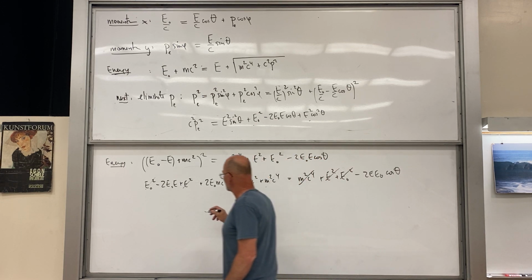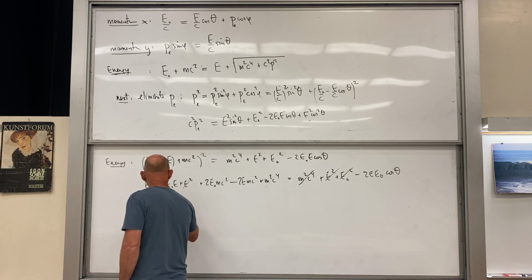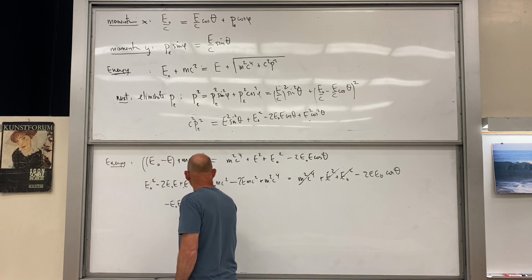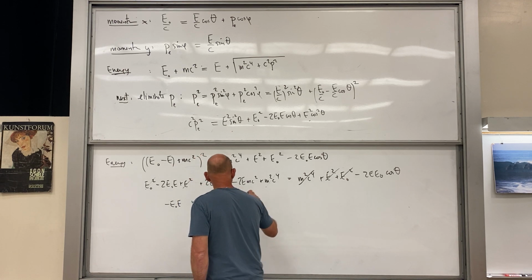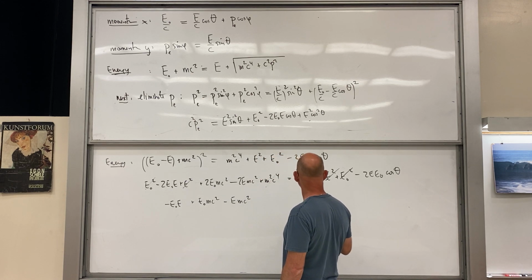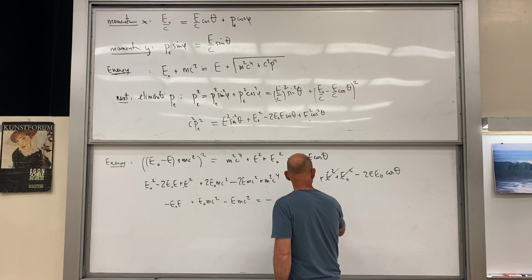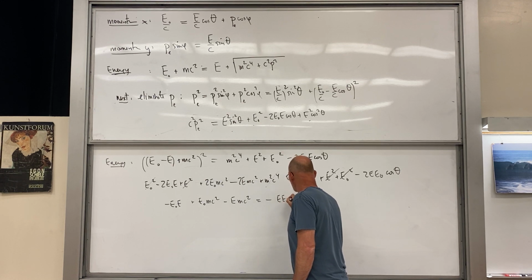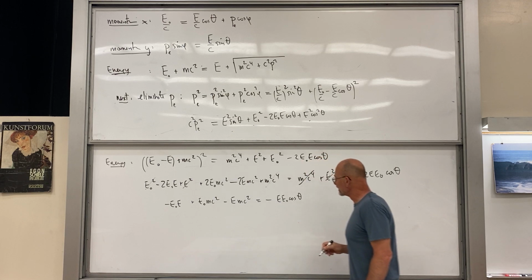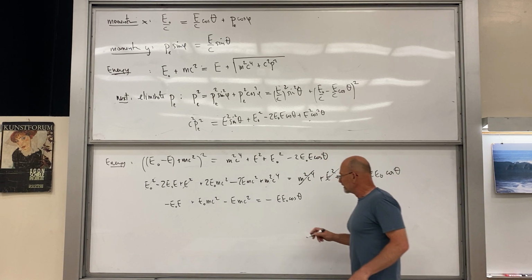So we now have, and the 2's we can drop, so we'll have e0 e plus e0 mc squared minus e times mc squared equals minus e0 e cosine of theta. Okay, we just have to solve for e,